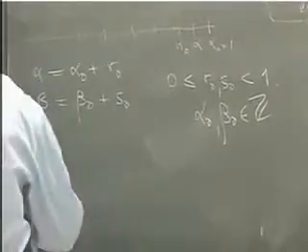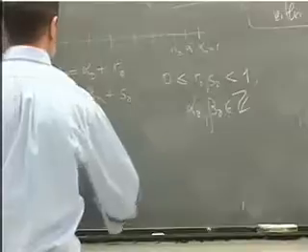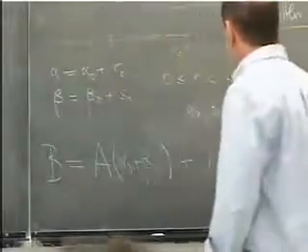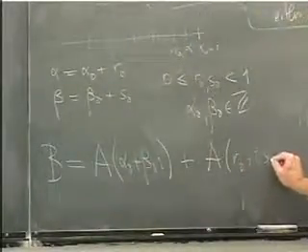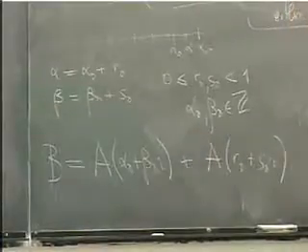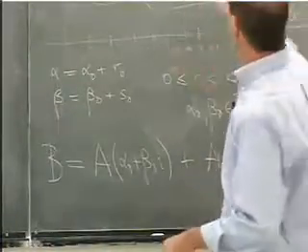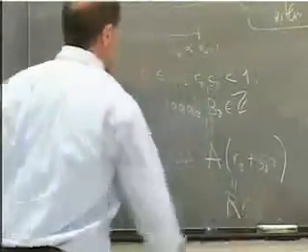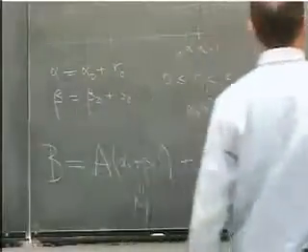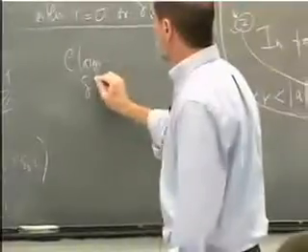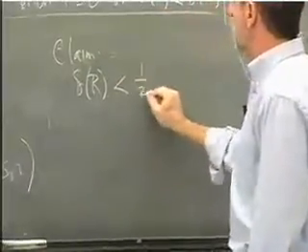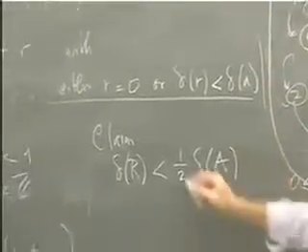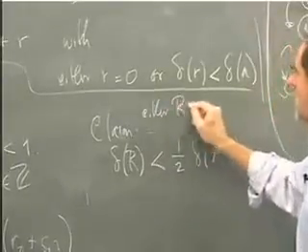So then we get b is equal to a times (alpha 0 plus beta 0 times i) plus a times (r0 plus s0 times i). Okay? Now this number, this is going to be our Euclidean algorithm. We're going to call this number m, and we're going to call this number r. And I'm going to show you that delta of r, claim, delta of r is actually less than half of delta of a. I mean, it could be 0. Either r is equal to 0 or